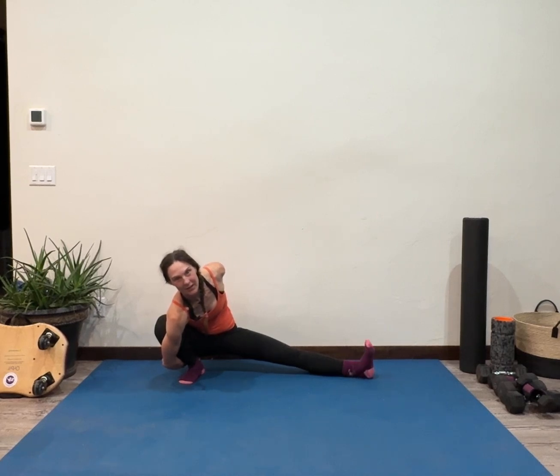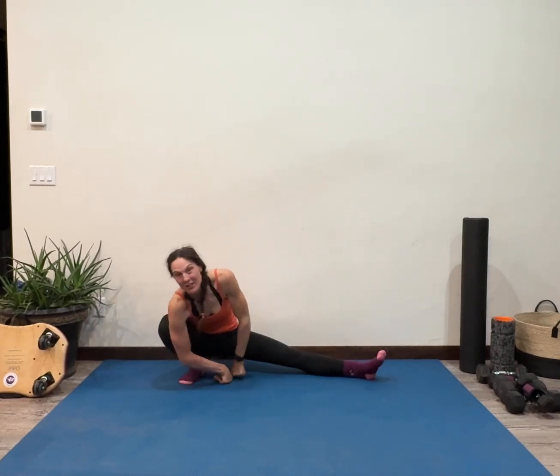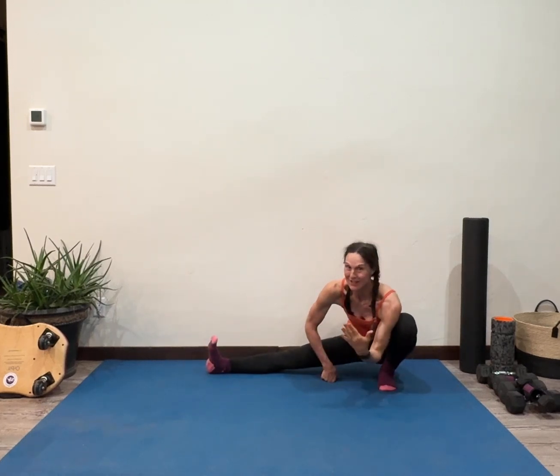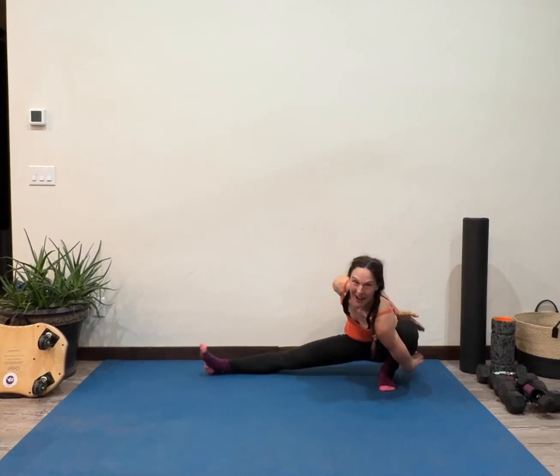There you go. 3, 2. Good, enjoy. On the exhale, we're going to go to the other side. Now, your option is to come really low, or you can stay 90 degrees for a modification. If you want to wrap, that left arm's underneath your shin. The right arm comes up and even behind, and you can hold hands with yourself, or you can hold hands